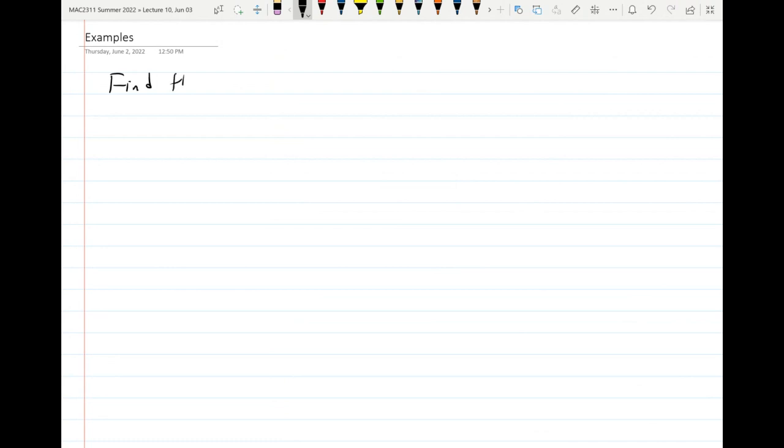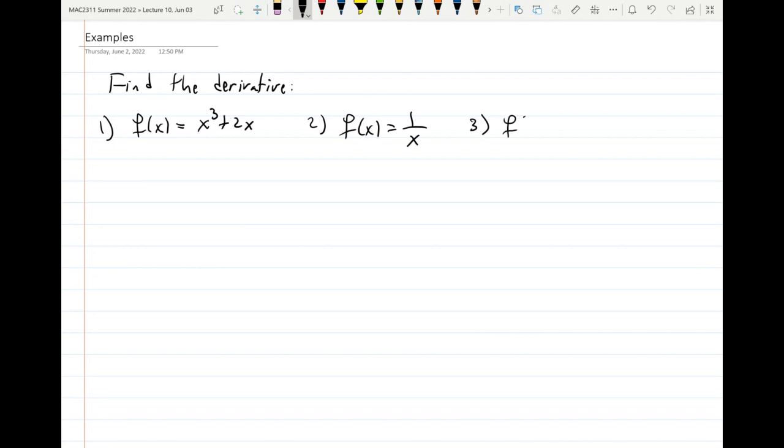So find the derivative, and I want to do it for different types of functions. So we already did it for x squared plus 1. So now let's do it for a cubic function. Okay, let's do it for a rational function. Let's look at the simplest one, 1 over 1 plus x, just to illustrate the idea. And then let's also do it for the function square root of x. Okay,